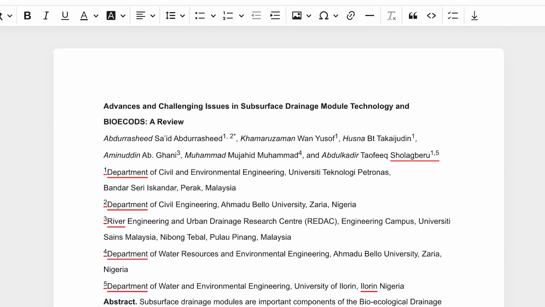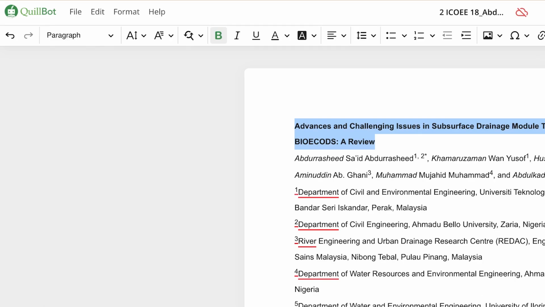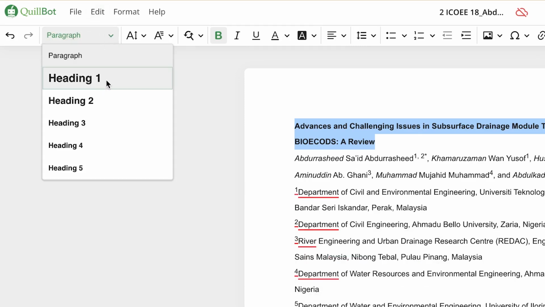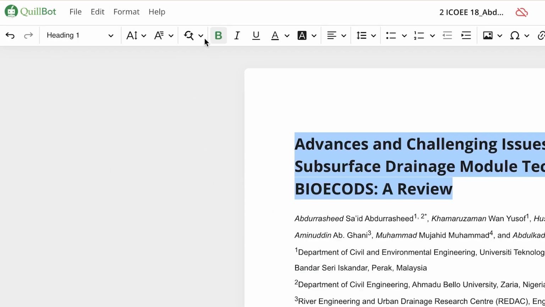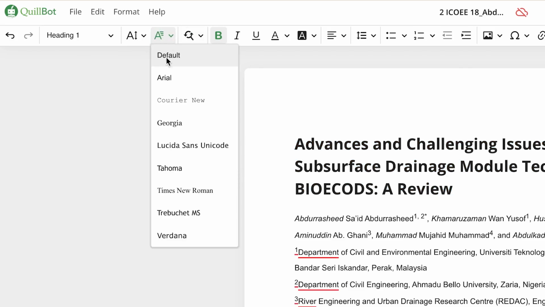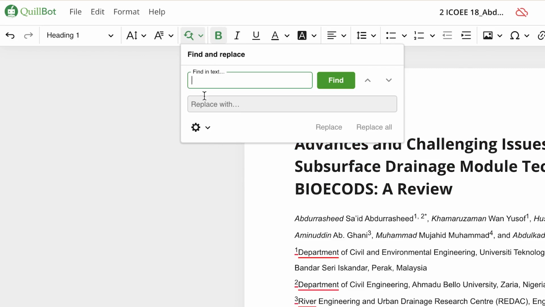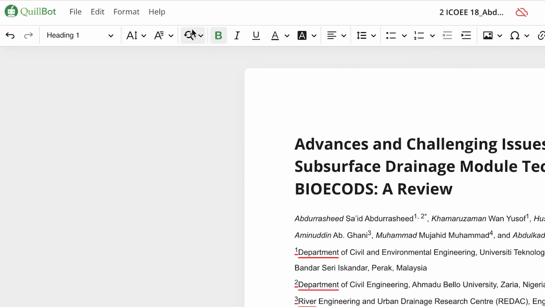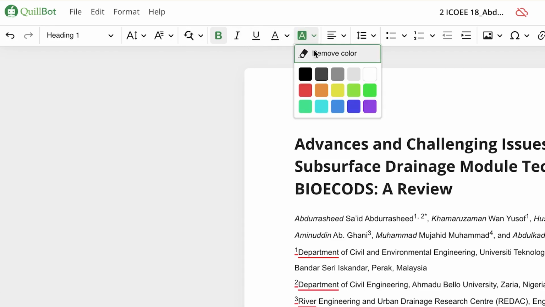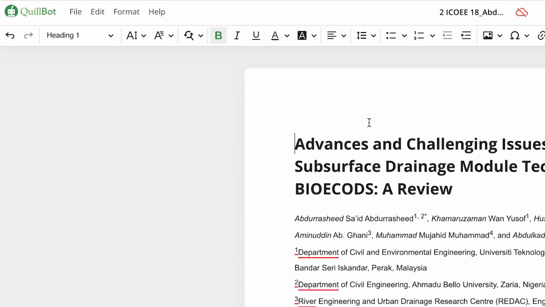And you can see the basic text editing properties, like the headings. You can change the headings accordingly. All you need is to highlight a given section of the text and go ahead and change the headings. Maybe if you want to make it header 1, you can make it header 1 very easily. Go ahead and play around with the font sizes. Different fonts and font styles are here, and you can find and replace. You can bold, italicize, and underline text. You can do all sorts of things with coloration. You can add or remove color.